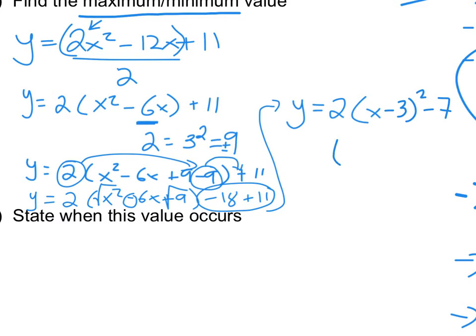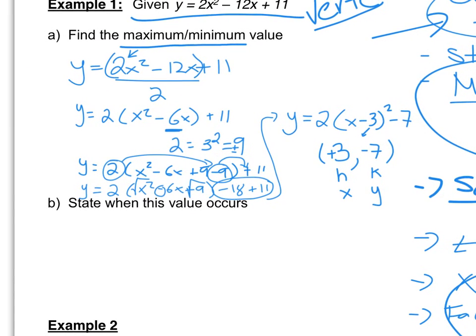So now I have this vertex. And when I take this 3 out, remember it's always going to be the opposite. So positive 3 and negative 7. This is my h and my k, which is my x and my y. So now it's asking me, what is the max or min value? Well, what I've got here is I've got a